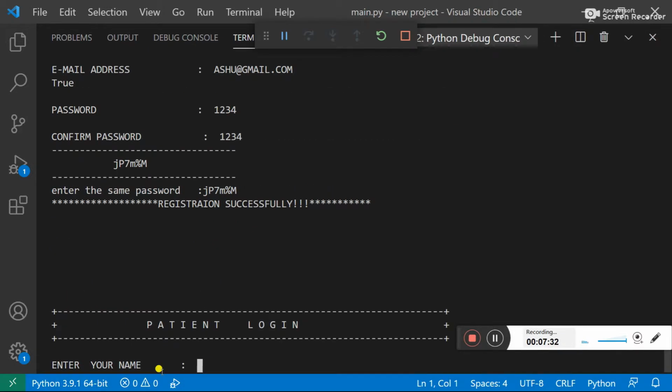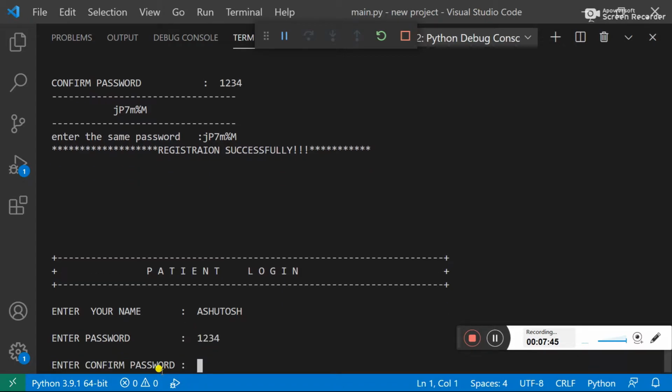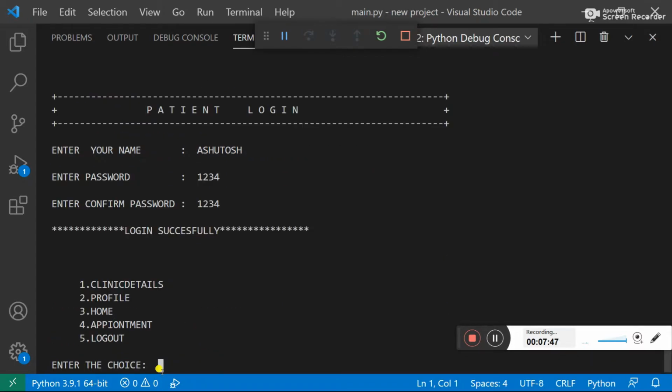After the patient registration is successful, the patient has to log in. After logging in successfully, we have 5 fields: clinic details, profile, home, appointment, and logout.